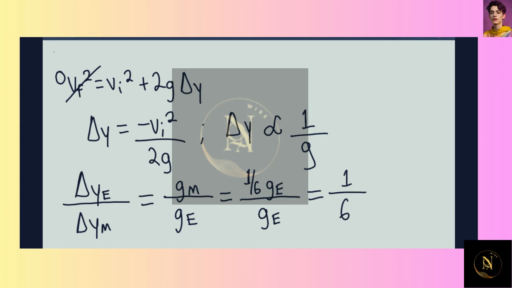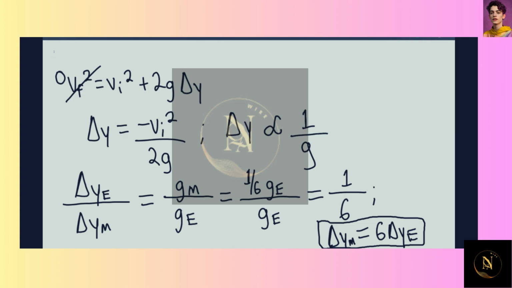And as you can see here, if we solve for the delta y on the Moon, well, let's start here. Delta y on the Moon will then be equal to 6 times the delta y on Earth. So you basically have to set up an equation, find the proportionality of the y max and gravity, and then